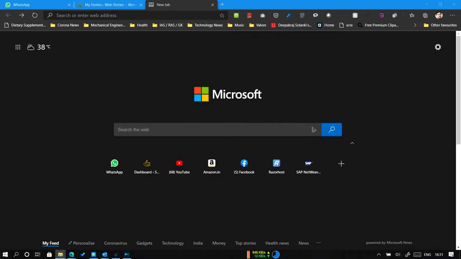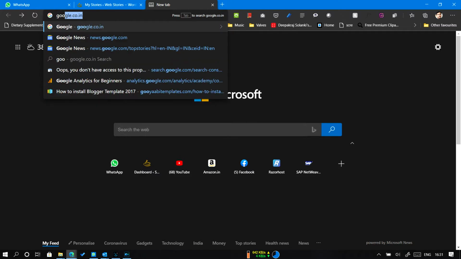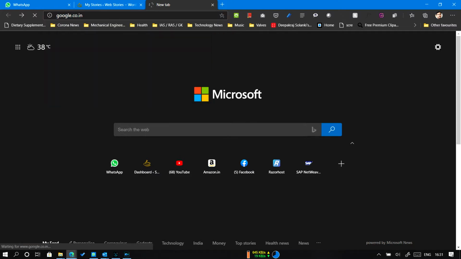But today I'm going to explain how you're going to get copyright-free images from the web using Google search. Make sure that your address bar is configured with Google as the default search engine, or directly go to google.co.in. That should be the safest way of reaching copyright-free images on Google.